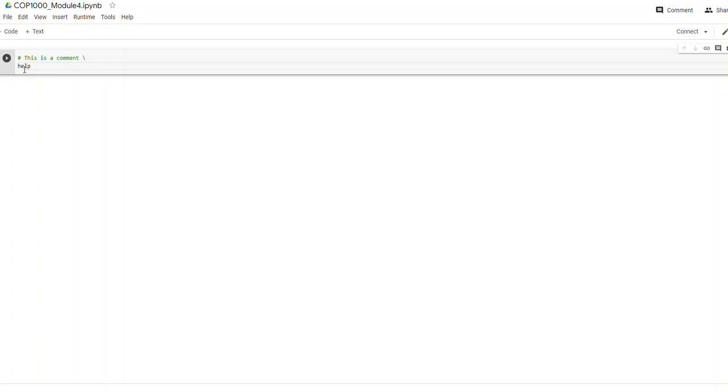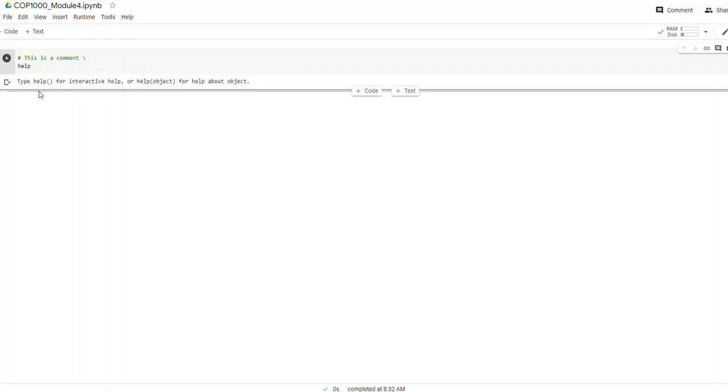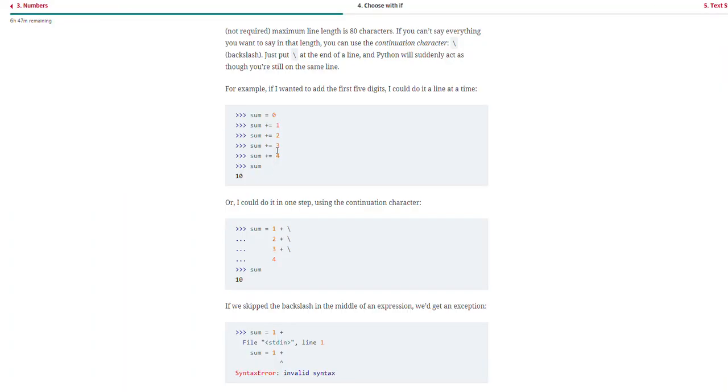Now it doesn't look like a comment. It hasn't changed color. If I try to run it, it's having an issue with the word help. It says, well, if you need help, run the help method, and it may give you some help with whatever you're trying to do. Okay, so that works with those mathematical operations and that kind of statement, but that does not work with